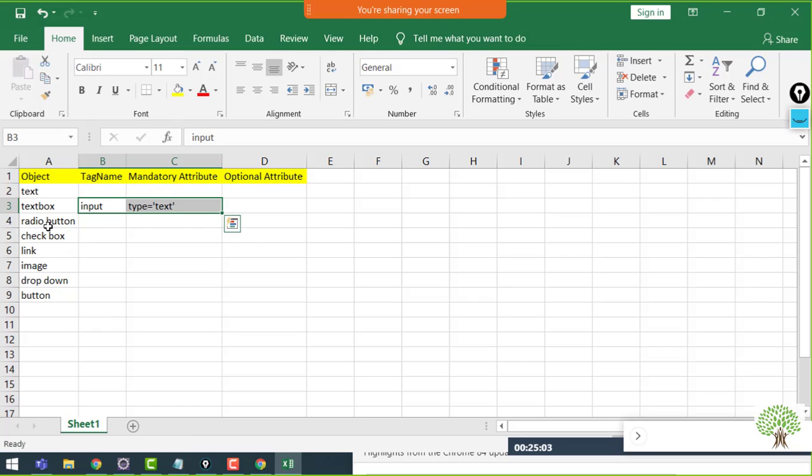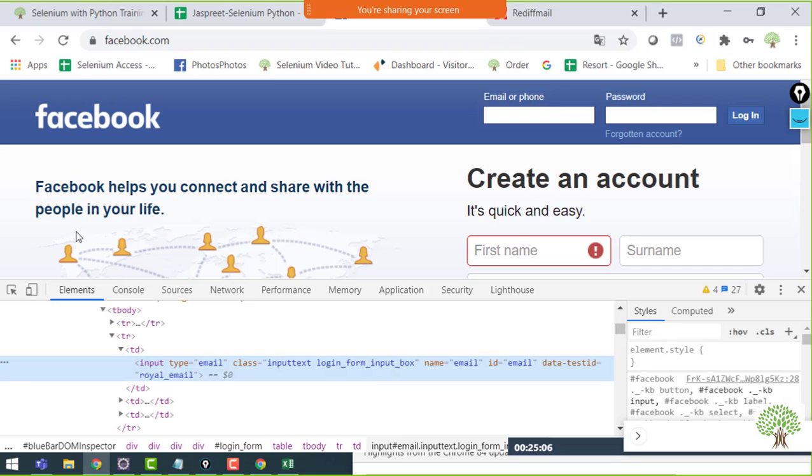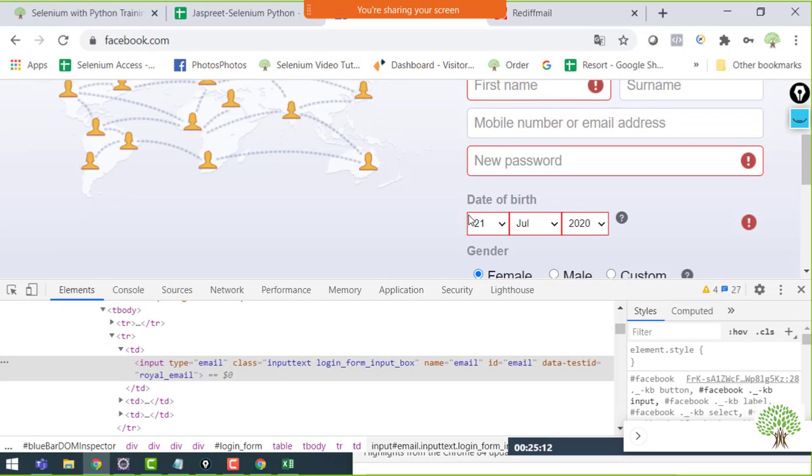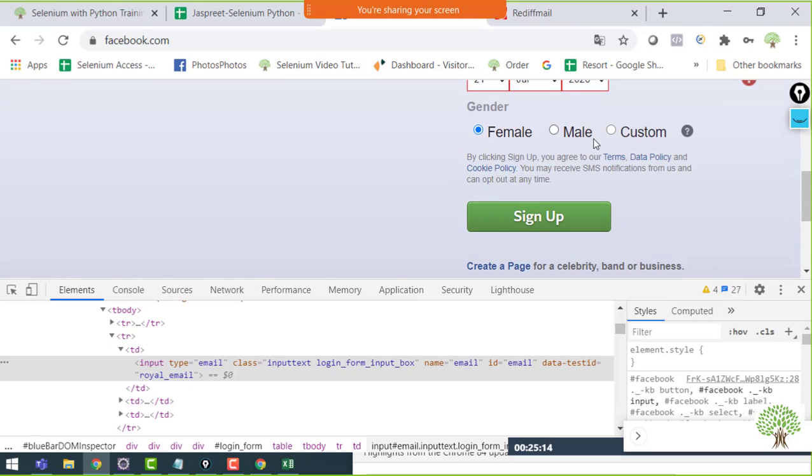Now comes the next one, that is a radio button. Radio buttons are very easy to identify on the web page. Why? Because the radio buttons are always in the same group. You will find them easily because they will have the same name.